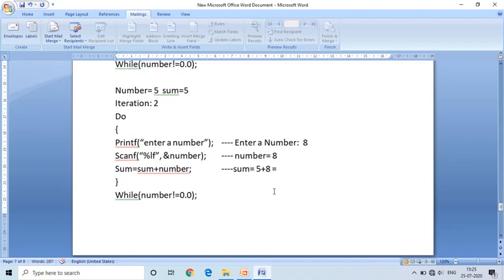It evaluates that expression, the total is 5 plus 8 is equal to 13. After executing the do block, number is equal to 8, sum variable consists 13.